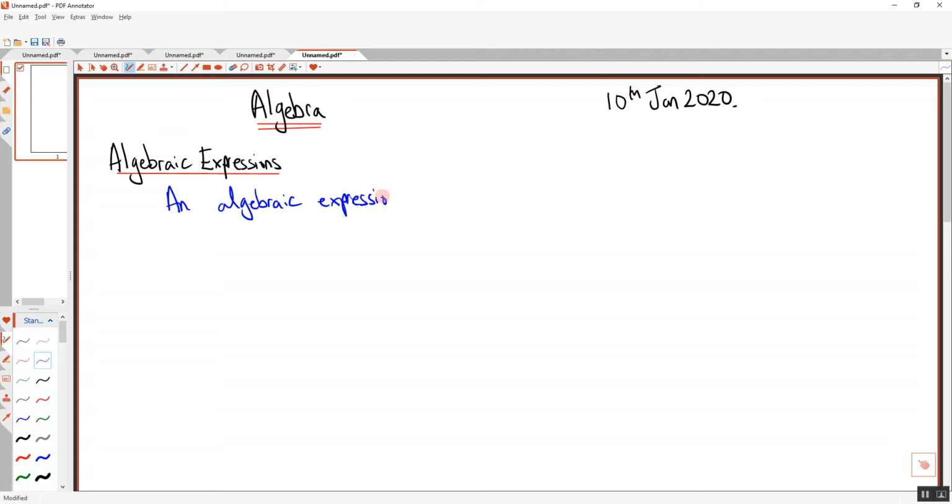There won't be too much writing, but this will be available online. Is a mathematical phrase that can contain numbers,